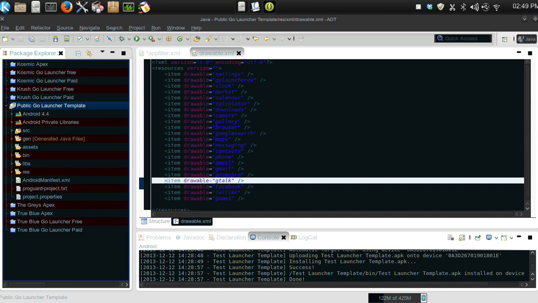Now when you're ready to publish it to the market, I like to go to project clean. I like to clean the project first, and then you just right click, export Android application, and you choose your key store. If you want to publish stuff in the market, you have to make your own key store, or Google will not let you upload your app to the store. You also need a Google developers account, which I believe costs $25. Anyways, you just put your password in,